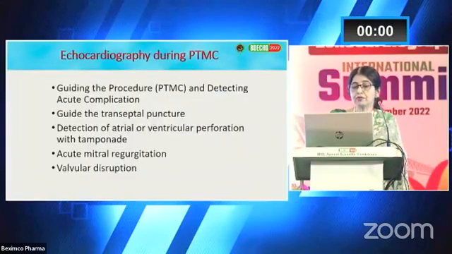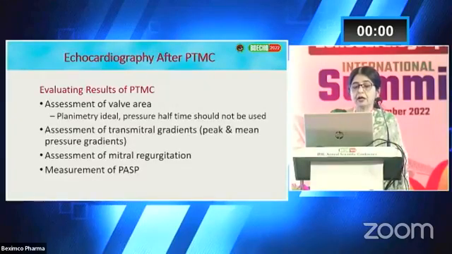So what is the role of echo during PTMC? To guide the procedure and detect acute complications like atrial or ventricular perforation with tamponade, acute mitral regurgitation, and whether there is any valvular disruption. Evaluating the result of PTMC: assessment of valve area, planimetry is ideal, pressure half time should not be used, and other Doppler